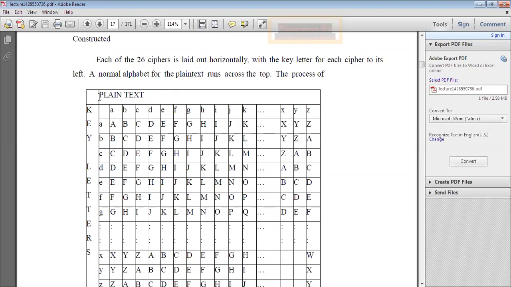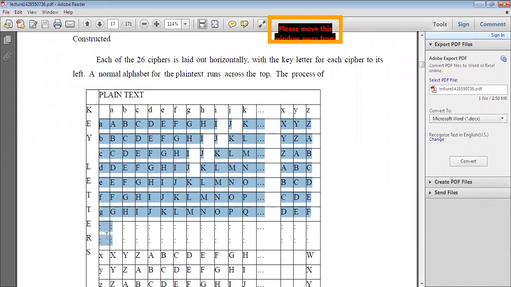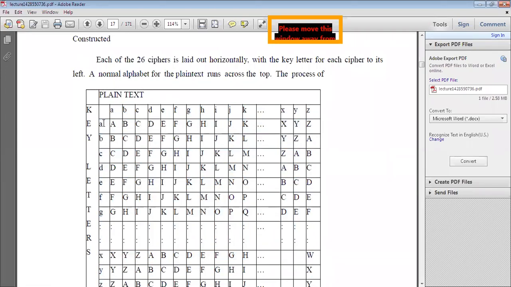You can write A, B, C, D, E, F, G, H up to Z, and in a similar way row-wise A, B, C up to Z. In the first row, the key letter is A and the plain text is A, so you get capital A. If the key letter is A and the plain text is Z, you get Z. Whereas if the plain text is A and the key letter is B, you get capital B. Like this, we construct the 26 by 26 matrix.